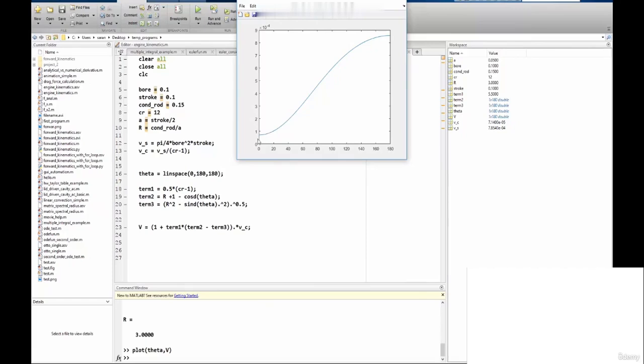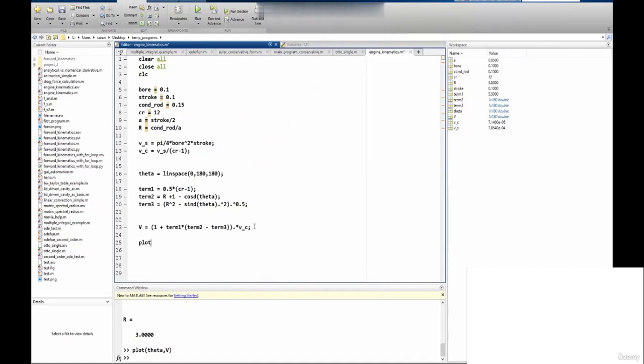So now if you have been assuming that the volume actually changes linearly between the top dead center and bottom dead center, you are wrong. This is how the profile changes, and our code is quite generic. What I can actually do is I can plot my volume, or sorry, theta versus volume, and maybe just increase the line width a little bit so that you can all see it,